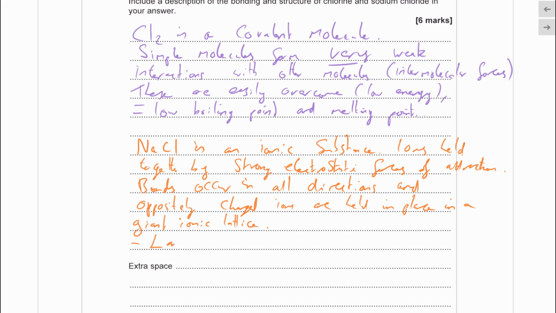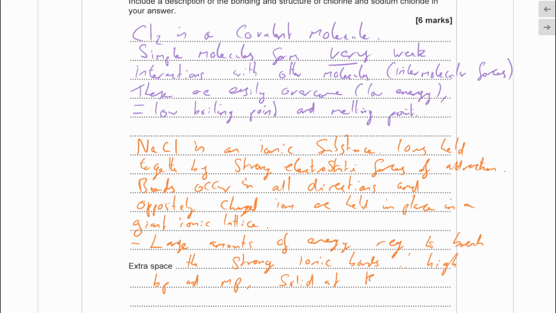So, large amounts of energy required to break the strong ionic bonds, because in a lattice, the bonds you need to break are the ionic bonds, right? There's no molecules here, so there's no intermolecular forces. The bonds you need to break are the ionic bonds themselves. So to break those, we need a large amount of energy to break the strong ionic bonds, and therefore high boiling point and melting point, solid at room